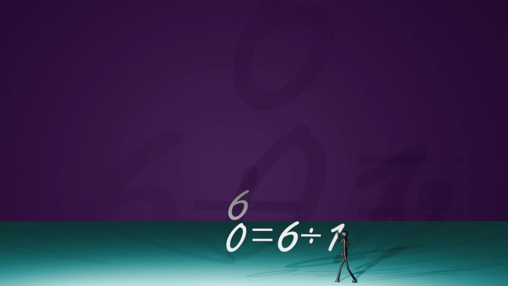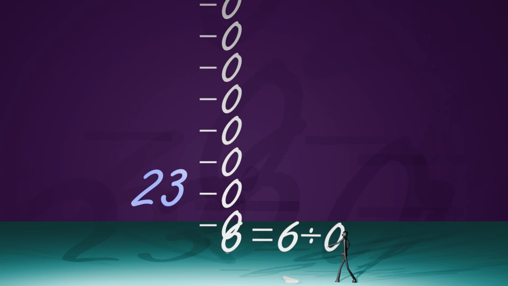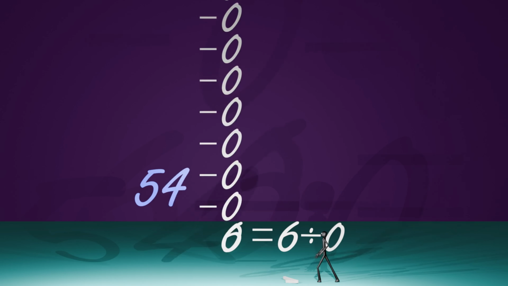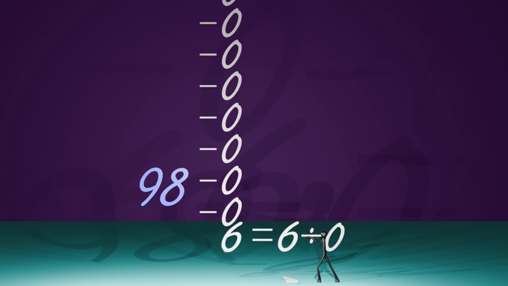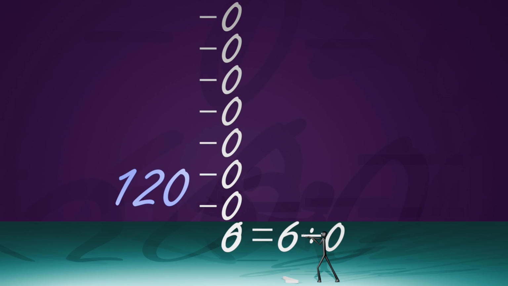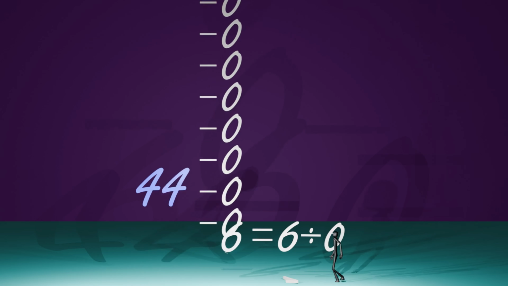Now see what happens when we divide 6 by 0. We can take any number instead of 6. The result will be the same, but now we will take 6. We can subtract 0 as many times as we want, but 6 will never become 0. This creates an infinite loop. That means 0 can be subtracted till our death, but we will never get any answer.